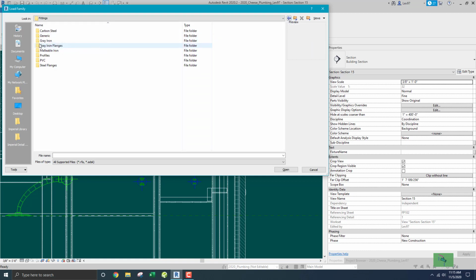Generic, we don't want generic. Gray iron, right? Class 25, 125, 250. All of these are flanged, okay? And malleable iron, same thing. All of these, steel, all of these. But when you get down to PVC,